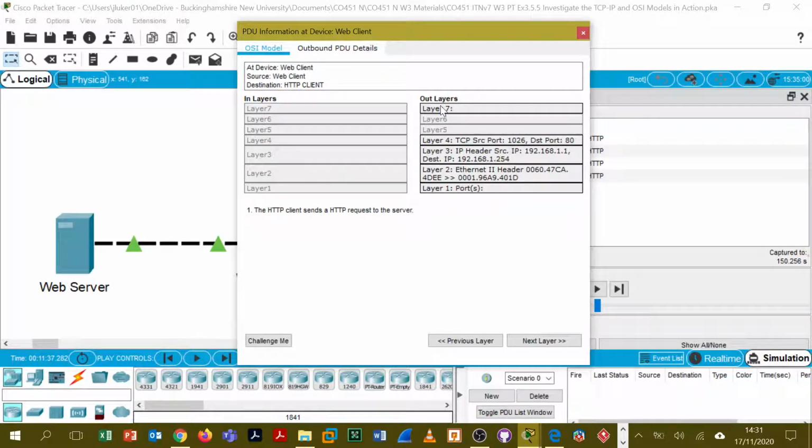And this is going out. So the first thing was a request going out of the web client towards the server. So our traffic started at layer 7 here. And if I click on layer 7, which I am, it says the HTTP client sends an HTTP request to the server. So that was us putting the address in and pressing go, hitting enter, to actually do a web request to the server. That data, that protocol data unit at layer 7, was passed down to effectively layer 4,